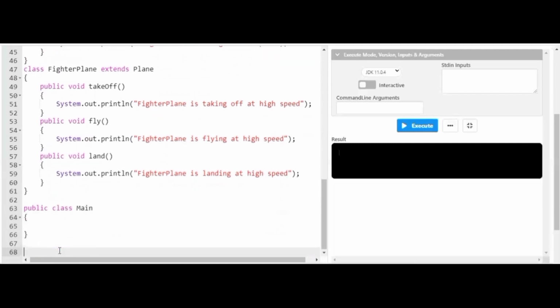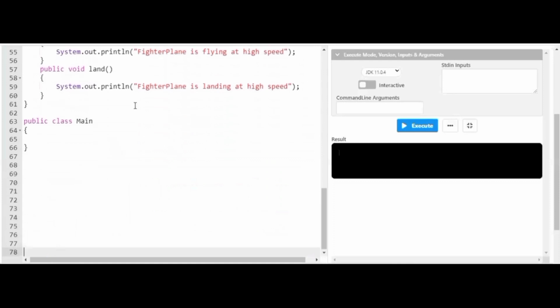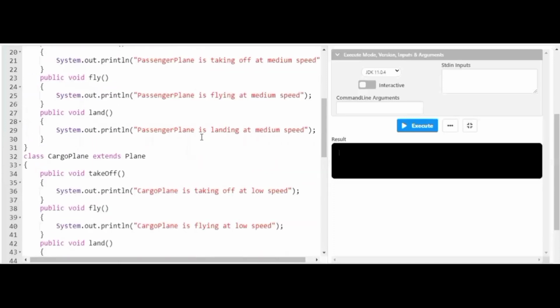So here you can see, friends, I made use of the main class. Inside the main class, I'm making use of public static void main and following the syntax, String args. So you can clearly see, friends, I have successfully made use of the main class. Here what I'll do, friends, I'll be creating objects for all the three child classes that are created.